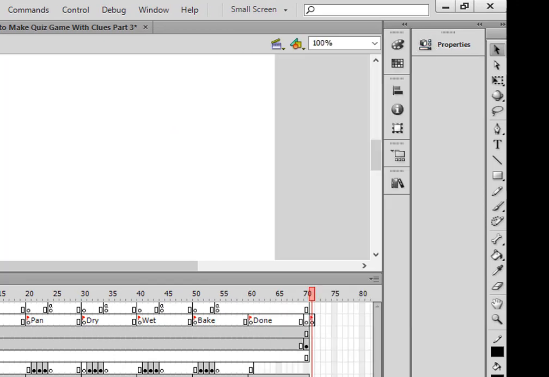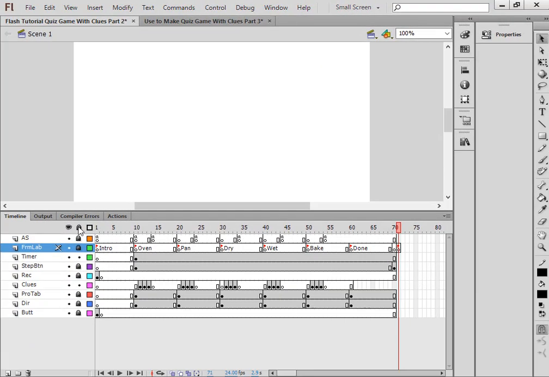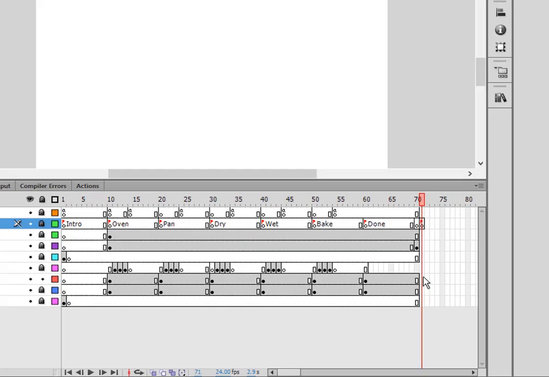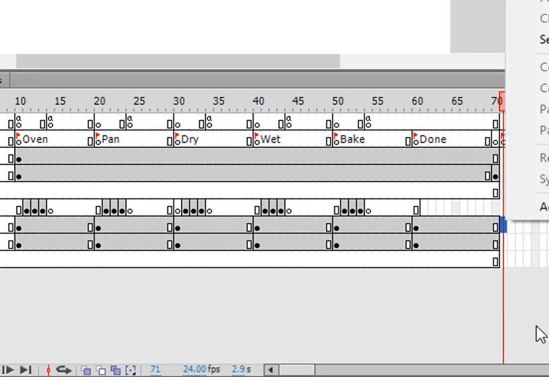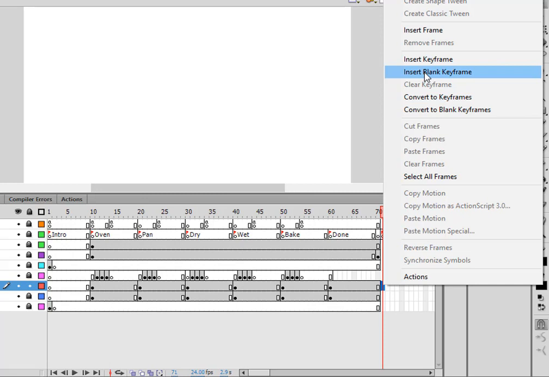So if I have an over, I need to have something written in that frame. And instead of making a special layer just for that, I'm locking all my layers and unlocking the progression tabs, and I'm going to, at the end of here, right in line with my new flag, insert a blank keyframe